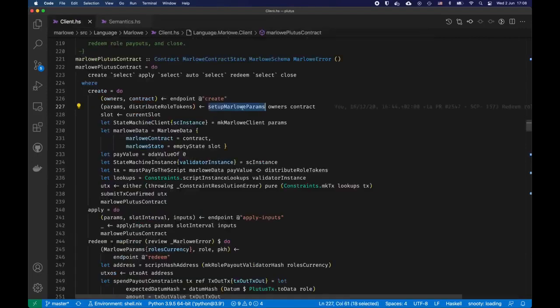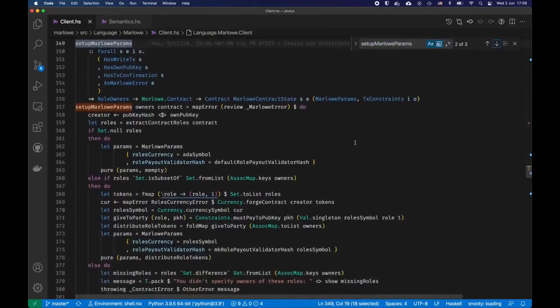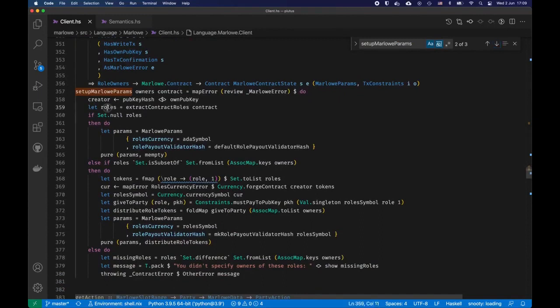So when we create a new contract that uses roles as parties, we need to create a new currency and distribute role tokens to their owners. That's why we need this map of role tokens to their owners. So let's take a look at the setup Marlowe params function. So what happens here, we get roles that are used within this contract,